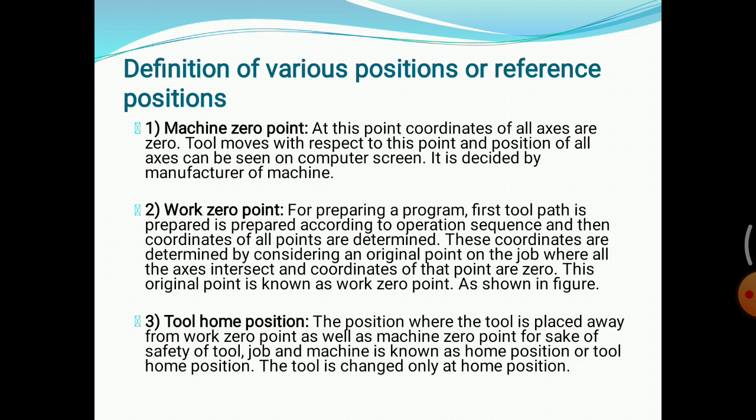If you want to change the cutting tool, first of all we have to move the cutting tool to the tool home position, and there we have to change the cutting tool. This will provide safety. The tool is changed only at the tool home position. So this is about the machine 0 point, work 0 point, and tool home position.